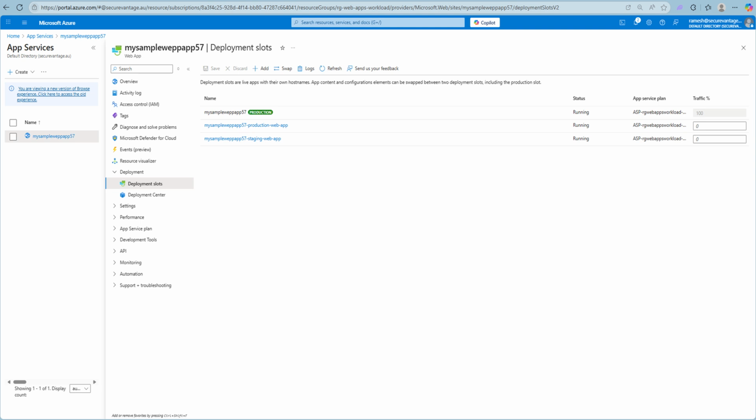What you're looking at is a list of available deployment slots, including your default production slot and any additional slots you've created, such as staging or testing. Each slot runs as a live app with its own unique hostname, configuration, and state. Using the Add button at the top, you can create a new slot to safely test changes before promoting them